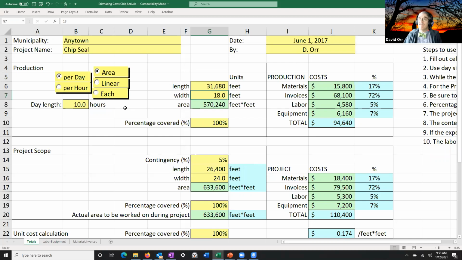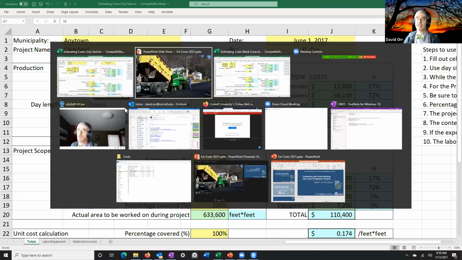When are you doing that? If you're doing your chip seals in the summer, 10-hour days, you could probably leave it. However, what if you decide you want to go 5 days a week? You may need to account for the fact you're now paying some overhead or overtime on that Friday. So that's why you've got to mark all the steps, write everything down, and think about things like the day length, overhead rates, benefit rates, the whole process.